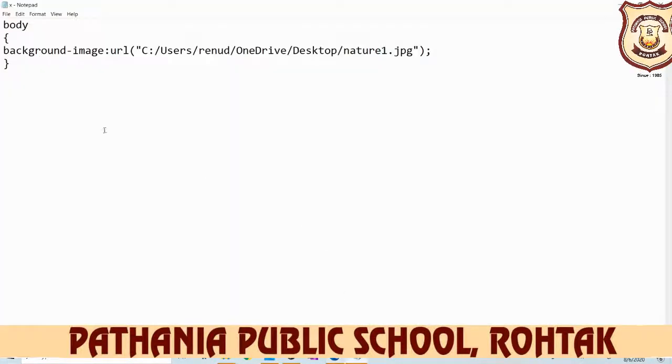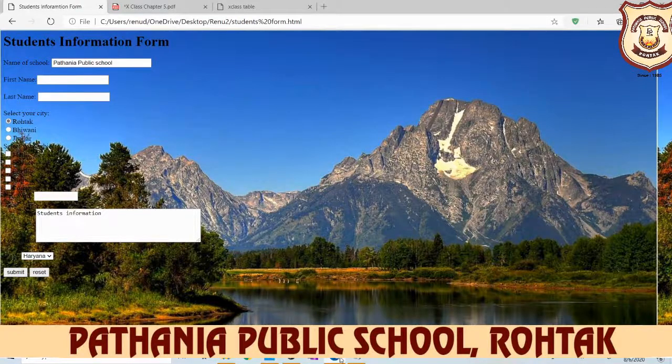Again open your CSS file, and here you write down font color colon red, and then terminator. Control S, save it, open your browser, refresh it here, no change here.